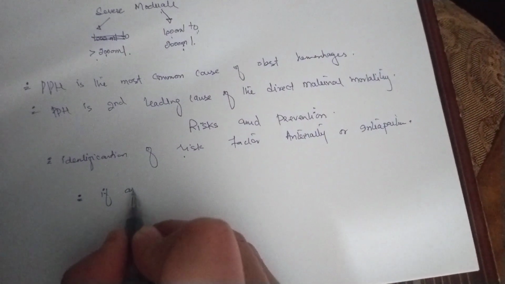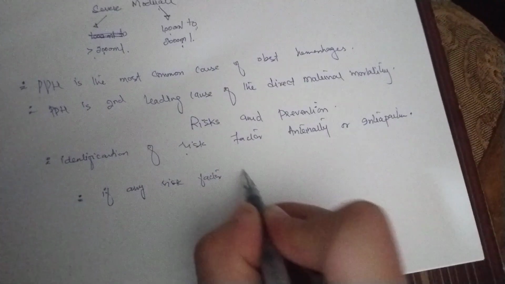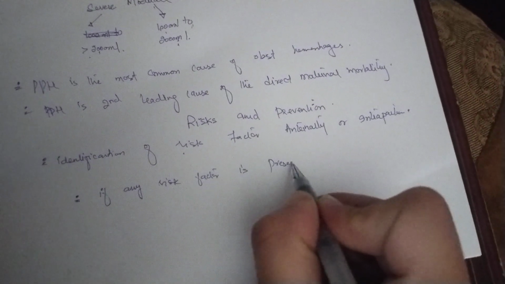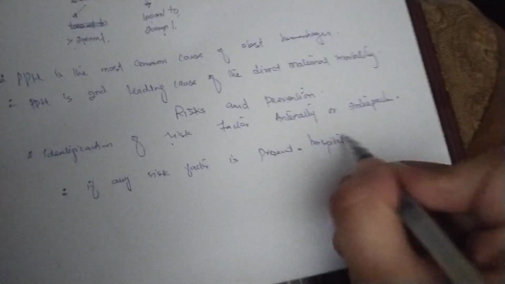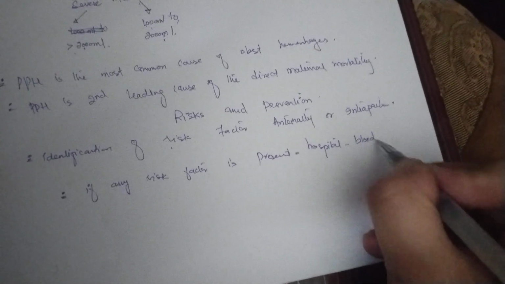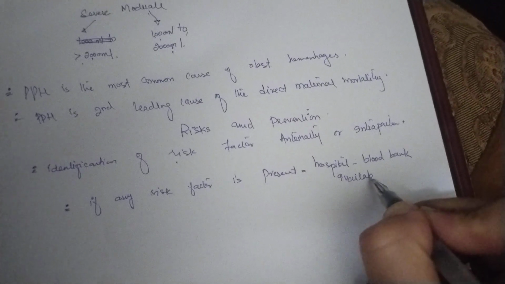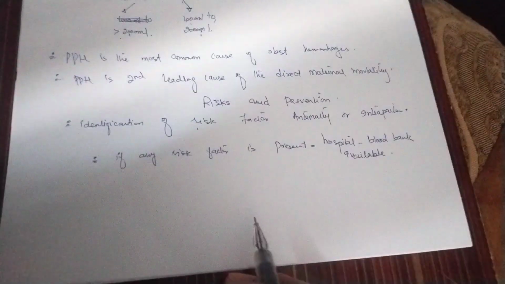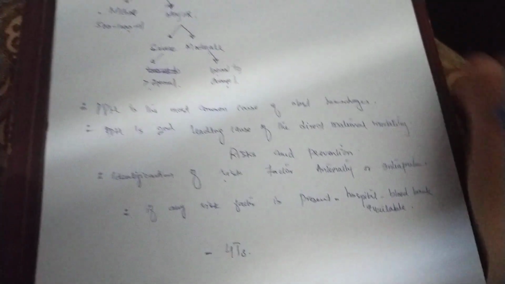If any risk factor is present, the delivery should be in a hospital setting where a blood bank is available. Okay, now what are these risk factors? So remember the 4 T's. Okay, what are these 4 T's? The 4 T's are: